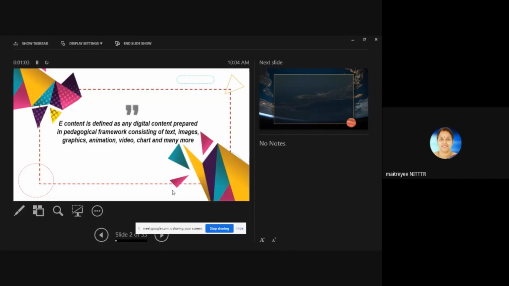So for example, when we first started creating e-content, we used only HTML files. That was very simple HTML content you had to write, and you could simply host it on your website in Internet Explorer, and that was known as e-content.